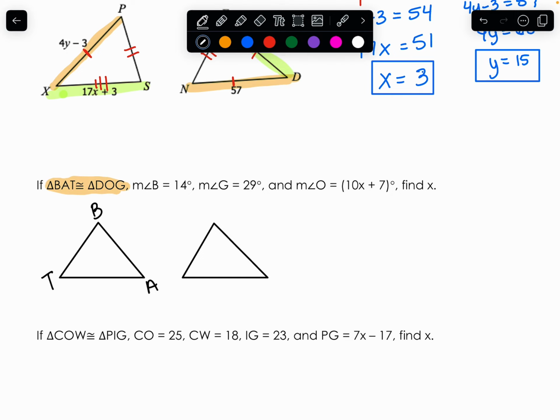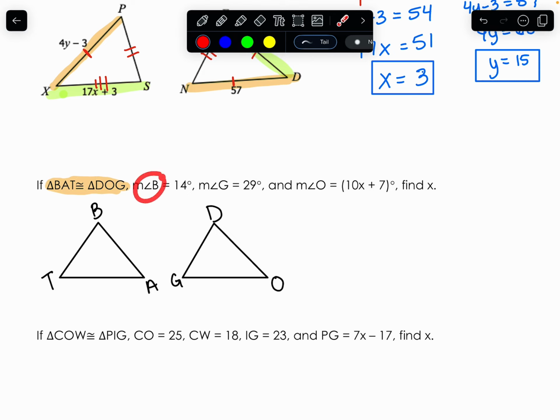and remember the first triangle, the order of it doesn't matter. What matters is that the second triangle has to match up that order. So since I started with B at the top, I'm going to start with D at the top for the next triangle. And then put A to the right, so O and G. Because once you do that, you already start matching up